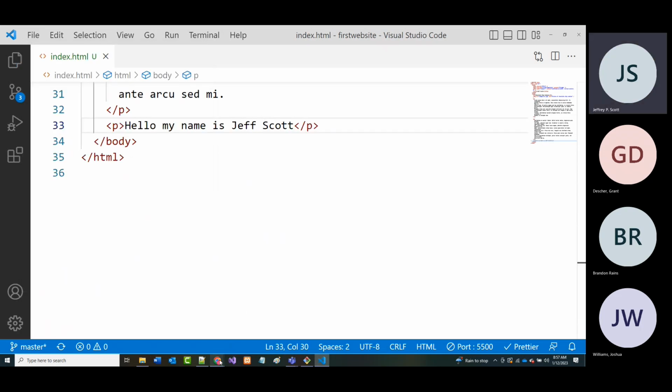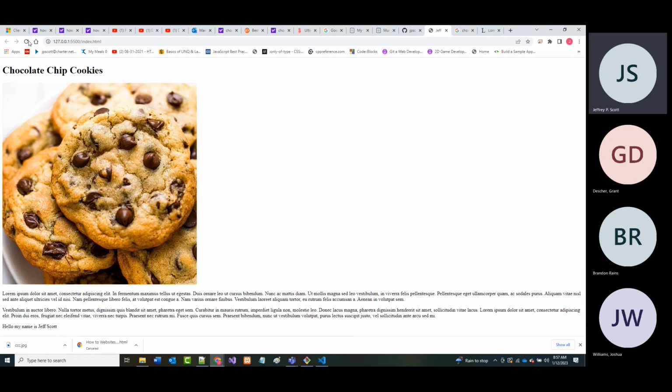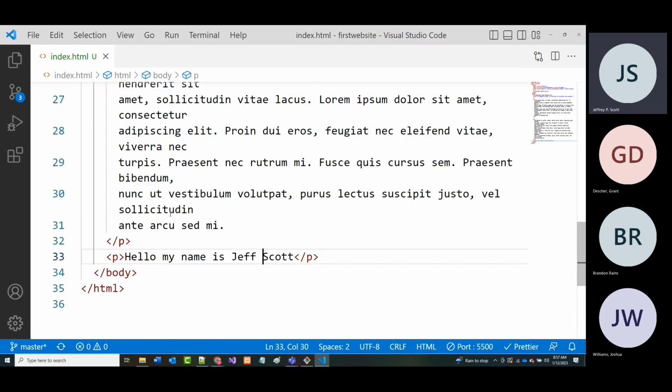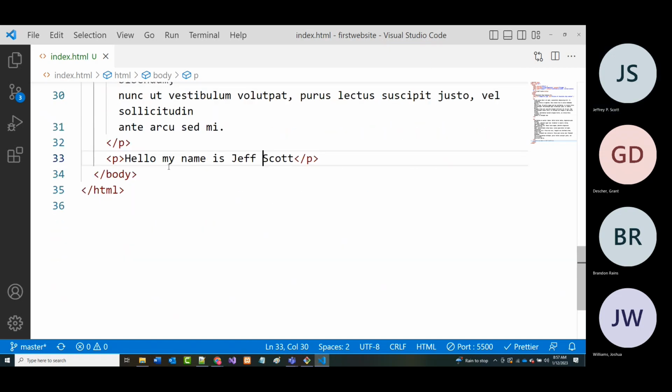And I'm going to go back into here and refresh, and it didn't change. It's still all on one line. The reason for that is when I'm inside of a tag here, and also notice my editor changed it back too. All right. But if I'm in here and I want these to be all on different